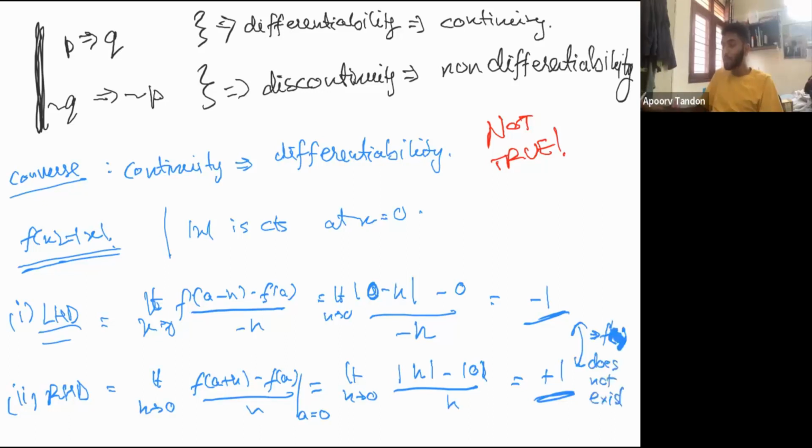So we have found one example where a function is continuous at a point and not differentiable at a point, which means the converse of the theorem we just stated is not true. Continuity does not always imply differentiability, right? But differentiability always implies continuity. Now let's look at some factors that